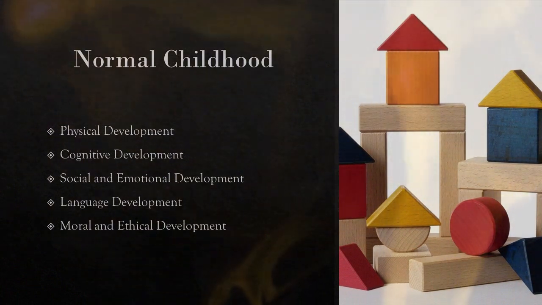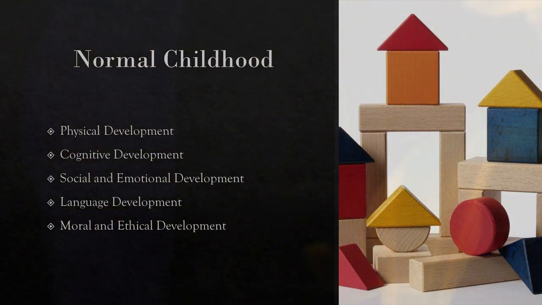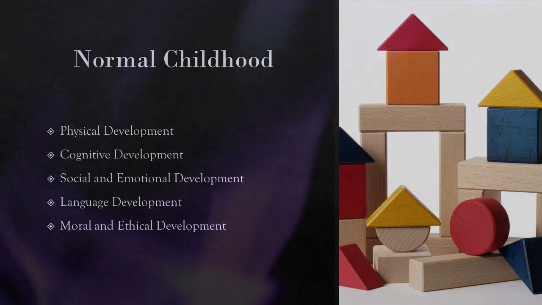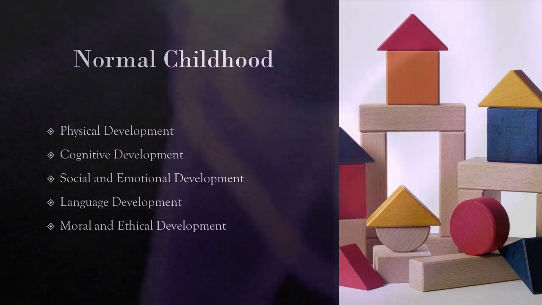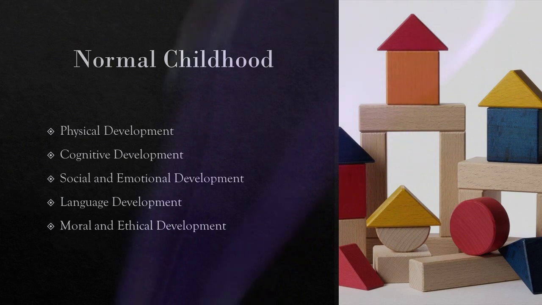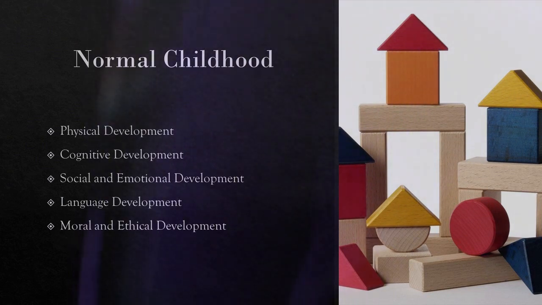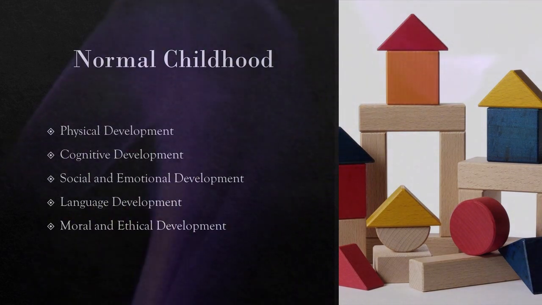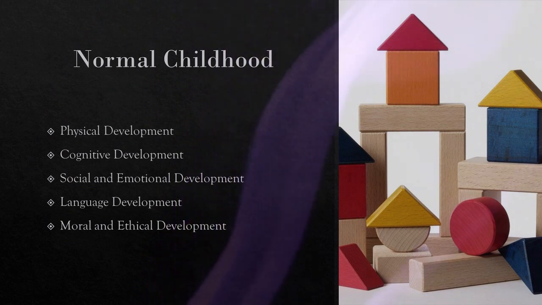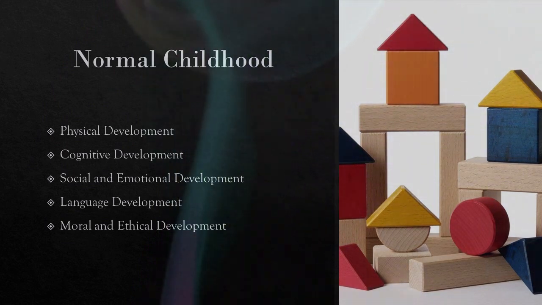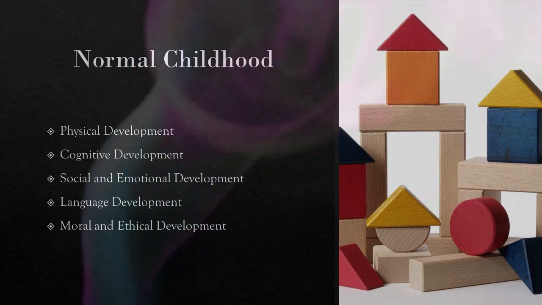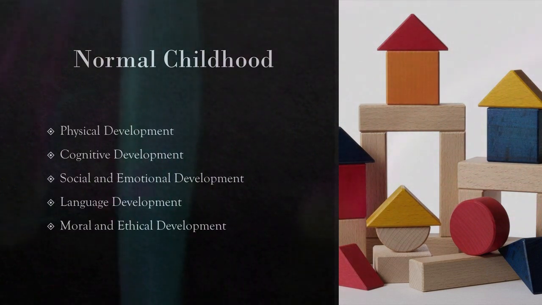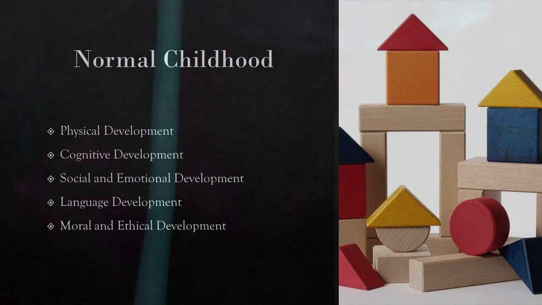And of course, there's language acquisition, which is a hallmark of early childhood. And so there's that progression that takes place from babbling through to complex language use. Emphasizing the role of environmental factors here, I think it's important that we recognize that environment is important in linguistic abilities as well as social interactions. And of course, there is also Lawrence Kohlberg's work on the stages of moral development and how children develop a sense of right and wrong, and how the evolution of moral reasoning is really crucial for comprehending the ethical dimensions of behavior in childhood.